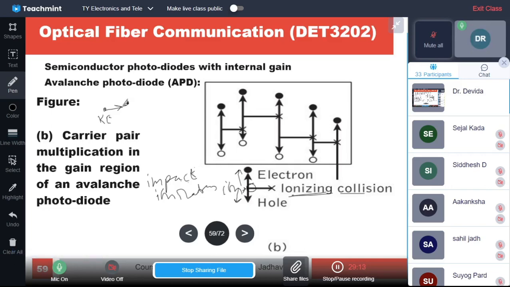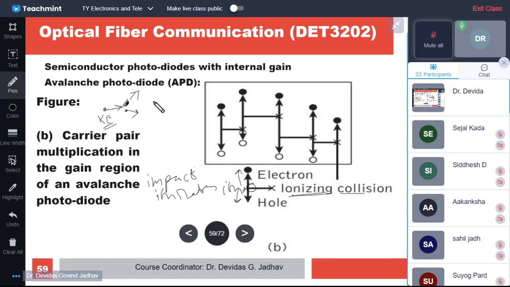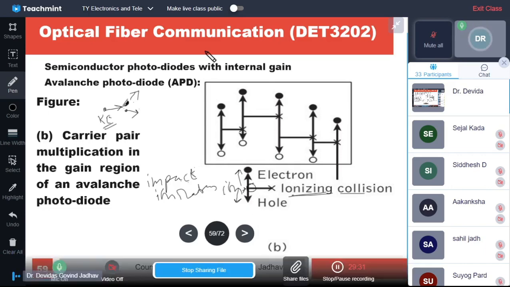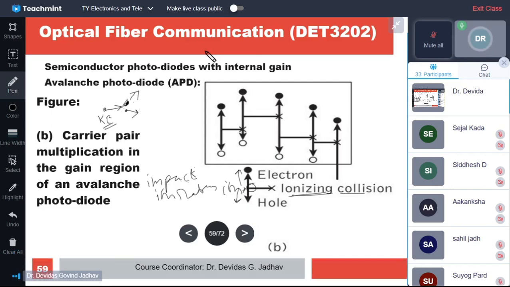It detaches one more electron. So the original electron is there and one more electron. This kinetic energy will be shared by these two electrons, but the shared energy is also very high. One is the original colliding electron, one is the detached electron. These two have very high kinetic energy, and they collide with two more atoms, detaching two more electrons,